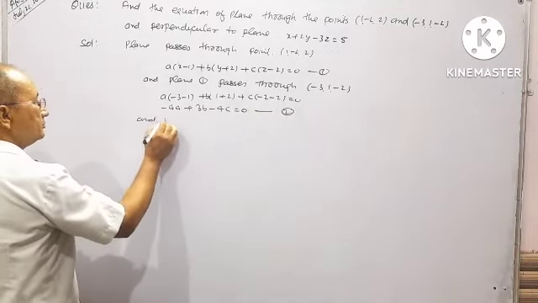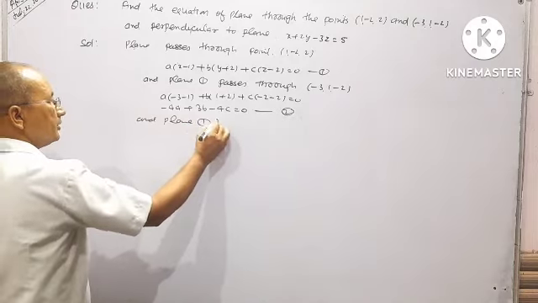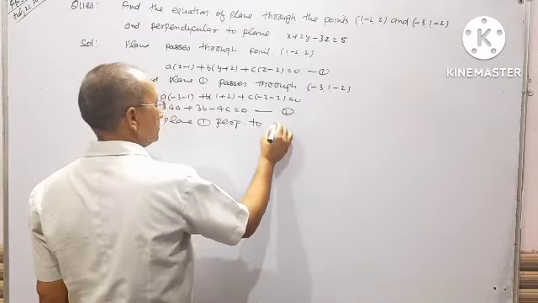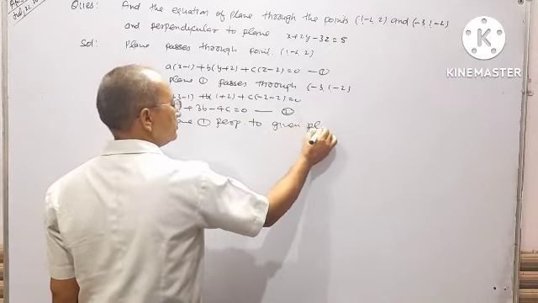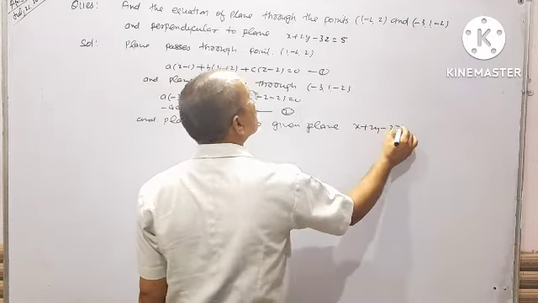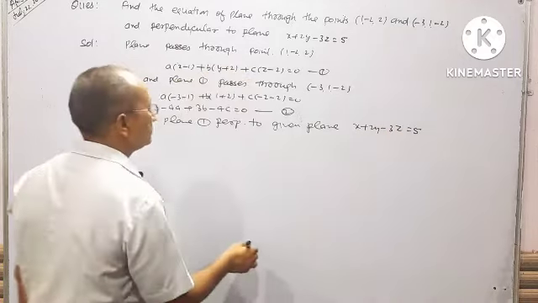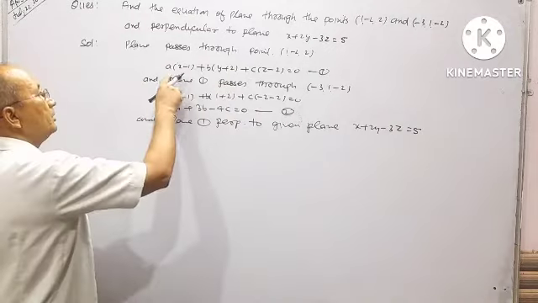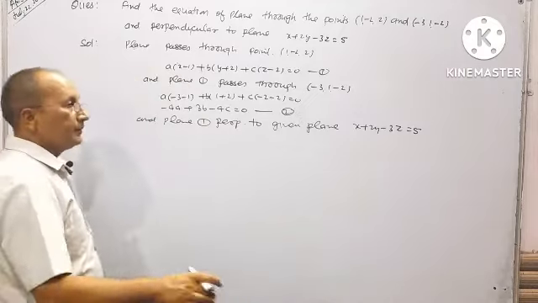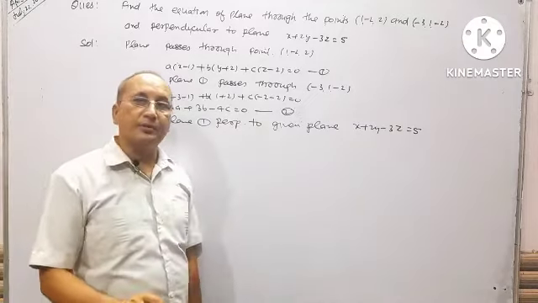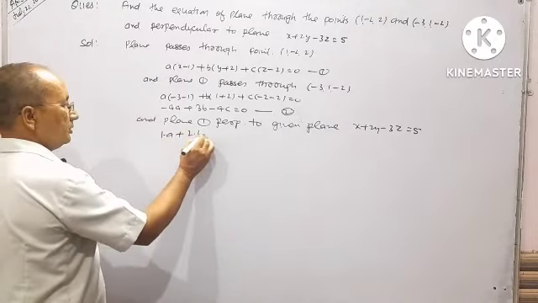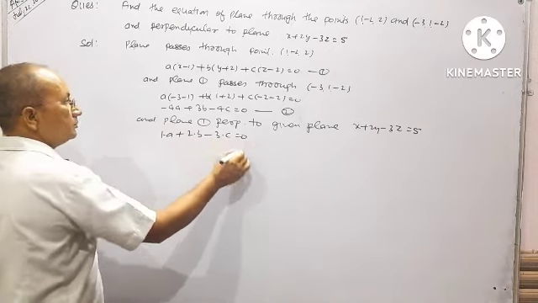And plane (1) is perpendicular to the given plane x + 2y - 3z = 5. The direction ratios of plane (1), a, b, c, and of the given plane, 1, 2, -3, are perpendicular if a1a2 + b1b2 + c1c2 = 0, that is, a + 2b - 3c = 0. (3)